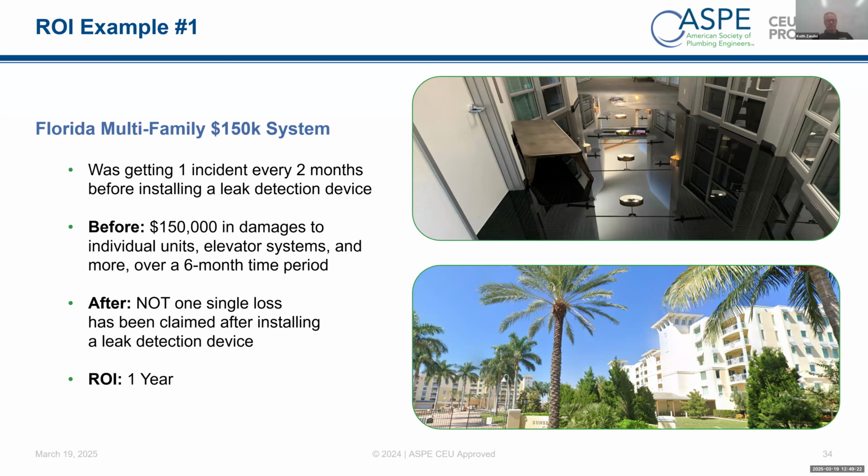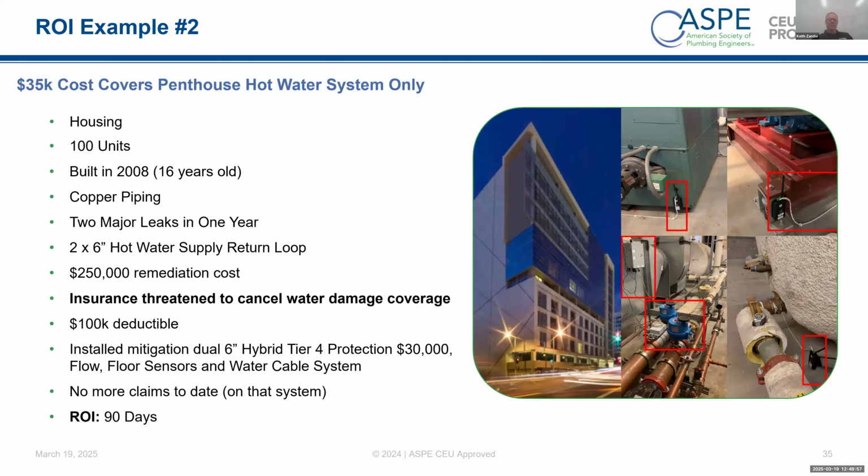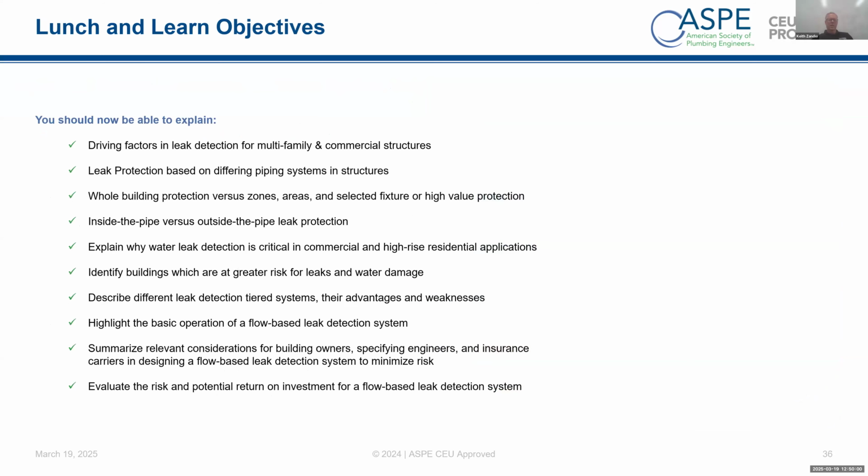It's really quick. And I think I said this on the old pipes. So if you have old pipes, building 20, 30, 50, 75 years old, and they've got a bid to replace all your pipes for $1 million, $2 million, $3 million, it's like, hey, I don't have any money in the budget. HOA, I'm going to have to put an extra cost on there to get that money in the budget, or I'm going to have to pull a loan out to do that. Install a leak detection system to give you that notification early on until you can have the budget to do that. So a lot of different ROI calculations that you can use to go in there and make that argument